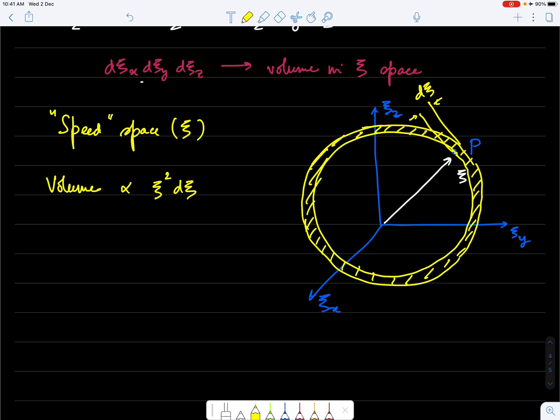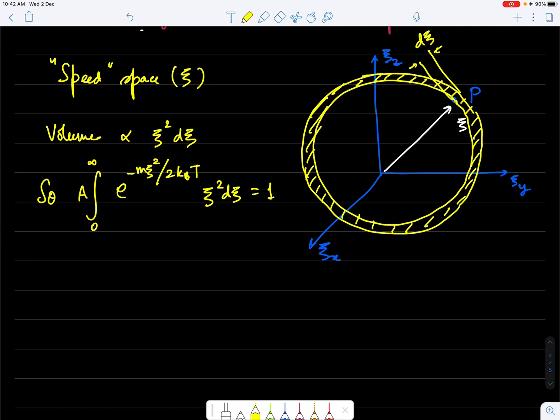4π is not very important right now because that's just a constant of proportionality which we can work out later, or which will be absorbed in the other constants later. So what we need to do is integrate some constant of proportionality times e to the power minus mξ²/2k_BT, which is essentially the probability function, over the infinitesimal volume, and that should be equal to 1 to normalize the probabilities.